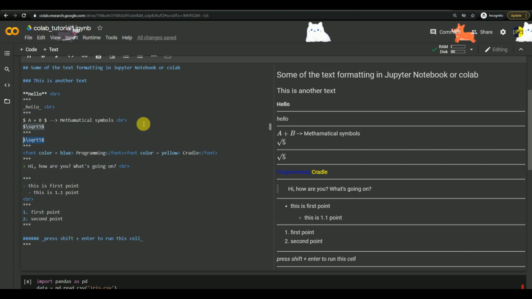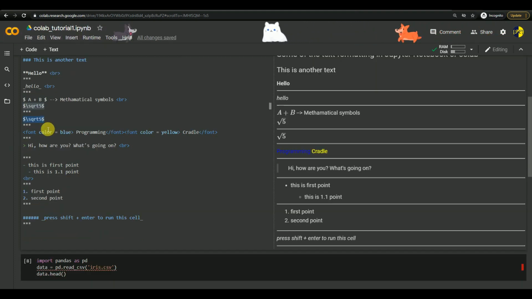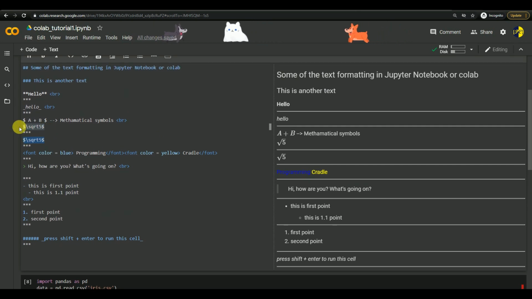So this is what you can do for mathematical expressions. There are many things. This tutorial is not for LaTeX, so if you want to learn more about LaTeX, you can simply Google, or you will find a tutorial in the Welcome to Colaboratory notebook also, so you can check there as well.